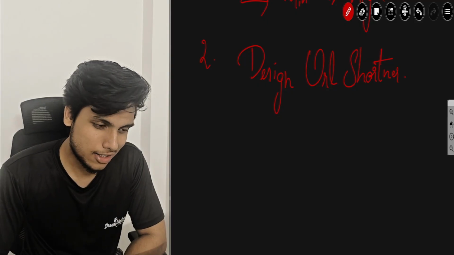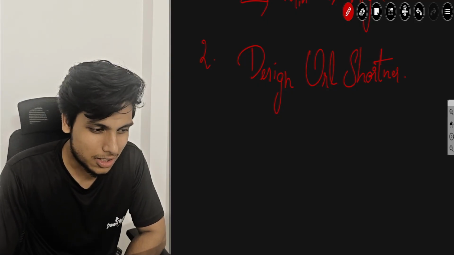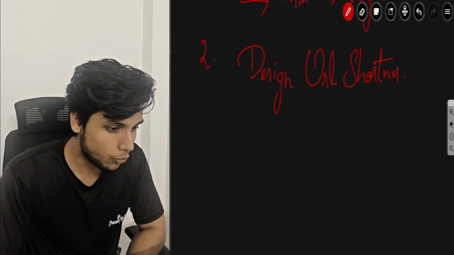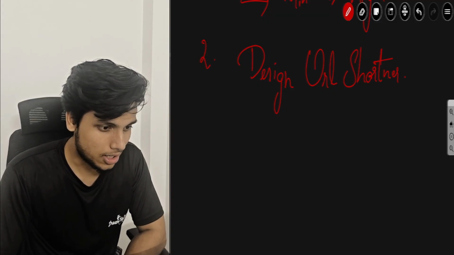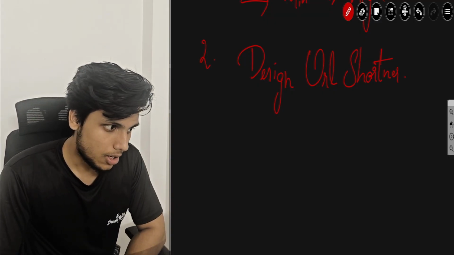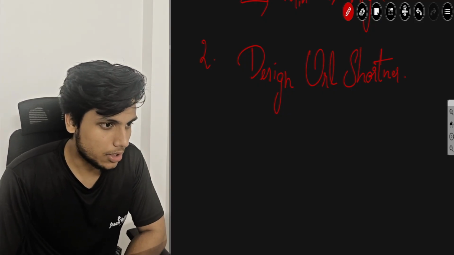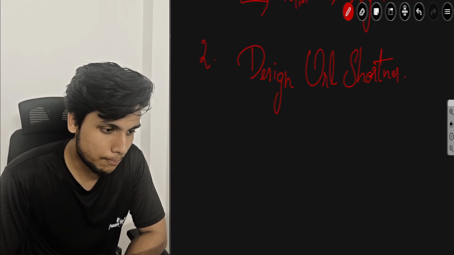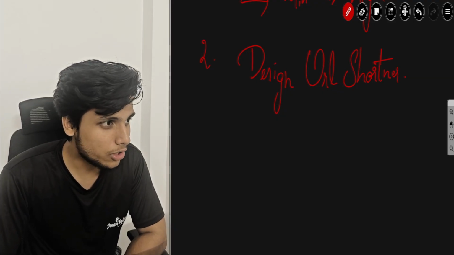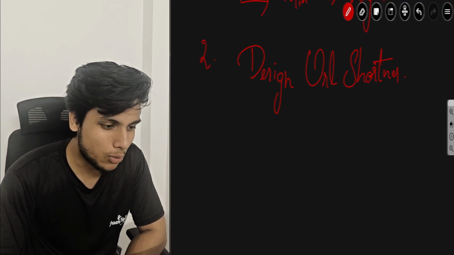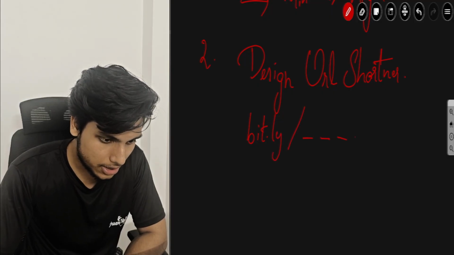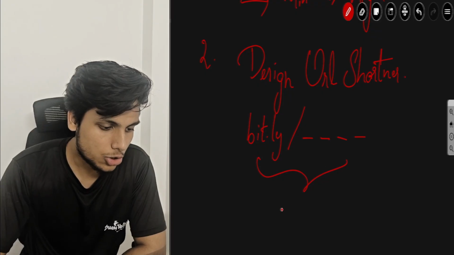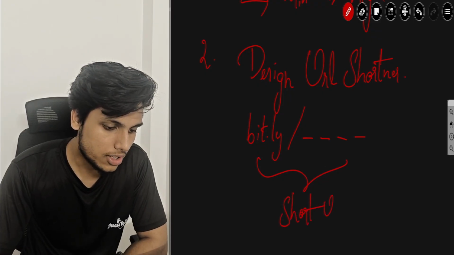I don't remember the design discussions exactly, but I can give you a slight overview of how the questions may be. So I started with the very basics. Generally you're given some big URL and you need to shorten it. If you have an idea about bit.ly, bit.ly slash something will be there. So this is a short URL.